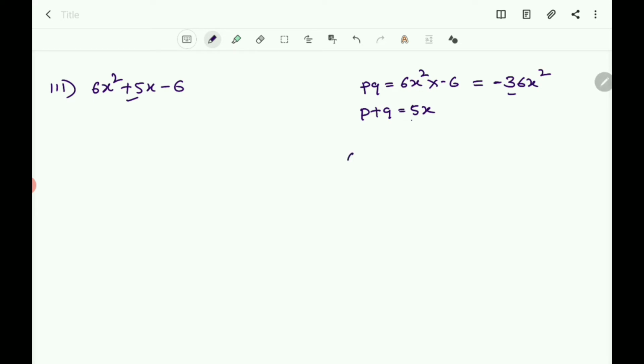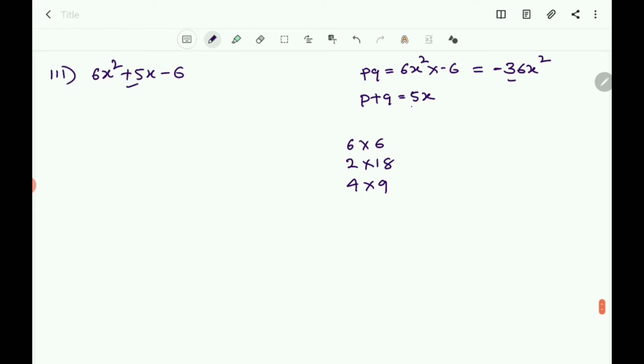So you know that 6 into 6, and you can have 2 into 18, then 4 into 9, then also 3 into 12 and 1 into 36. These are some combinations of factors here. Now here the difference is 5. Here as the product is having negative sign, you have to take the difference. The difference 5 means here this is the